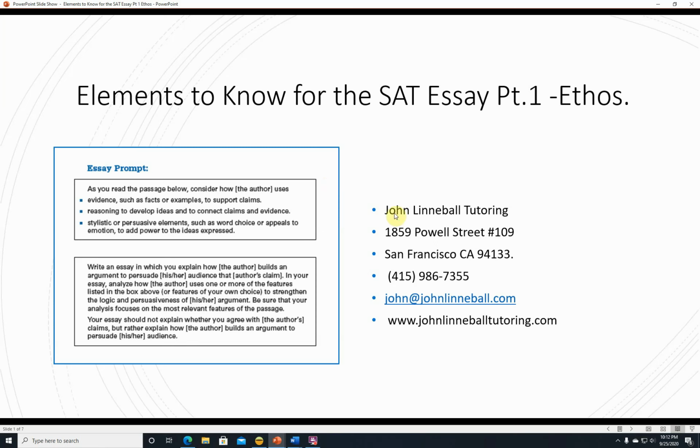Hi, this is John Linneball from John Linneball Tutoring, and this is Elements to Know for the SAT Essay Part 1: Ethos. So here's a generalized SAT essay prompt, and I say generalized because they took out the author's name